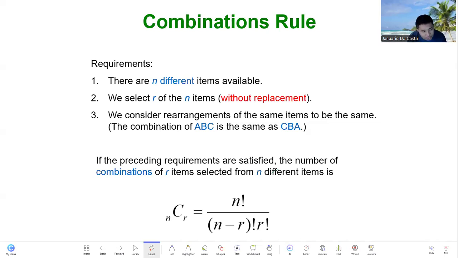So you have the permutation rule and the combination rule. In permutation, you have two formulas. In the combination rule, you have one formula. In the formula here, the only difference is that in combination, we consider